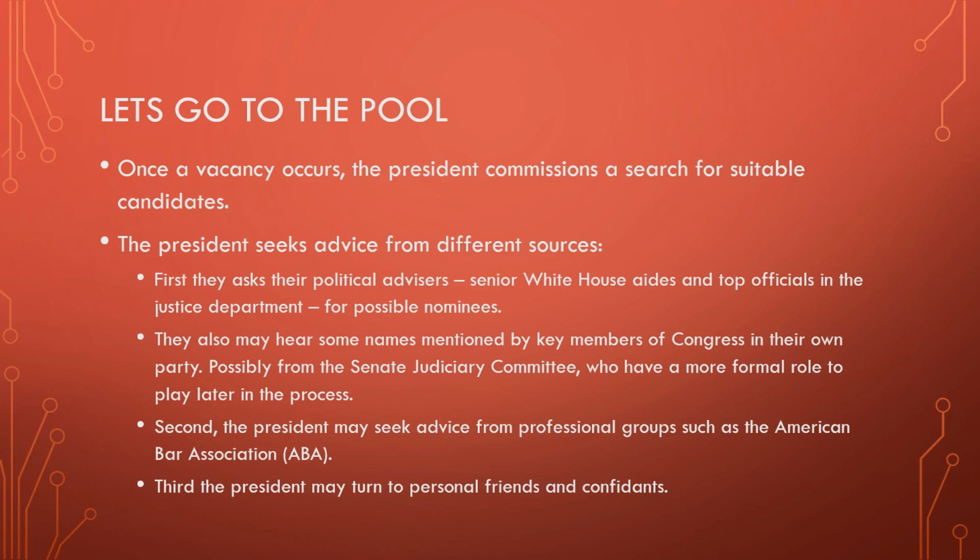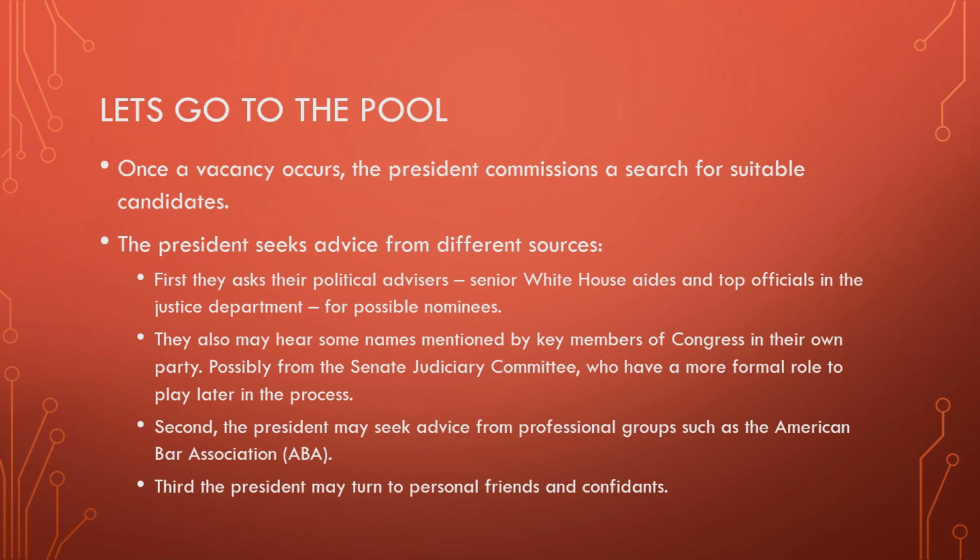So first they ask their political advisors, so senior White House aides and top officials in the Justice Department, for their possible nominees. They may also hear names mentioned by key members of Congress in their own party and from the Senate Judiciary Committee, who have a more formal role to play, which we'll talk about later on in this process.